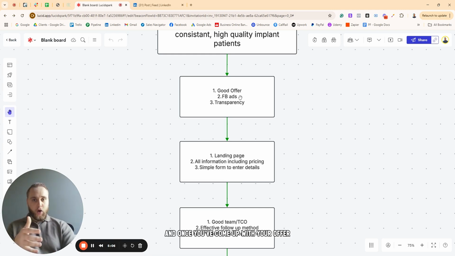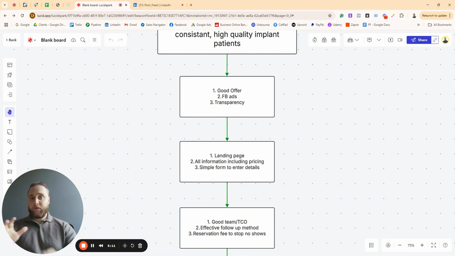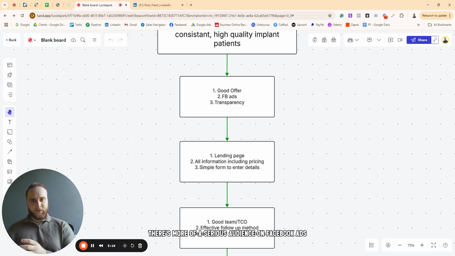Now, once you've come up with your offer, you're then going to use Facebook ads to promote that offer to the public. Facebook ads is one of the best things you can do, because first of all, there's more of a serious audience on Facebook, okay, rather than Instagram, especially for implants. You can reach older people who are typically more serious. On top of that, it's not like Google,